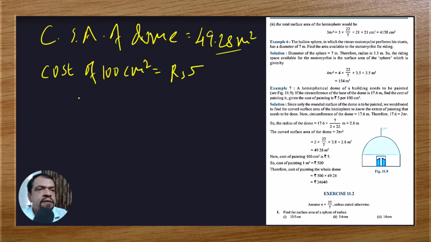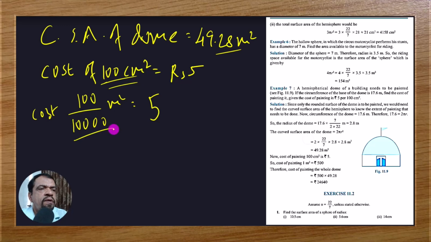So let us write this one in 10,000. 1 meter square is equal to 10,000 centimeter square. So it will be 100 upon 10,000 meter square. Cost is rupees 5. Instead of 100 centimeter square, we write this much. So this 0 cancel. So cost of 1 meter square is equal to